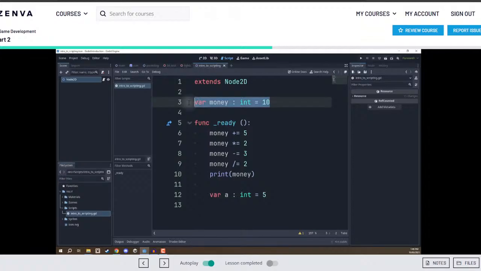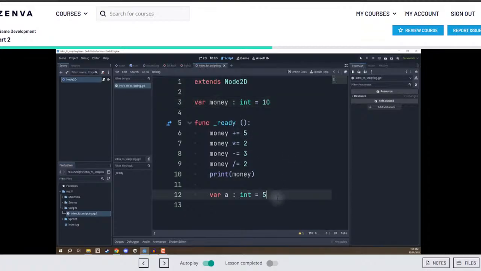Since I've created this money variable outside of the function, if I were to create more functions inside of this script, those functions would be able to utilize the money variable. But since this a variable has been created inside of the function, only the ready function can utilize this variable. You can sort of think of it as its vision, how far away it can see or be heard. If you're inside of a function, you're inside of a hole, so nobody outside really knows that you exist. Whereas if you are outside of the hole, everyone can see you and hear you. That's a bit of a weird way of thinking about it, but that is essentially the basics of scope